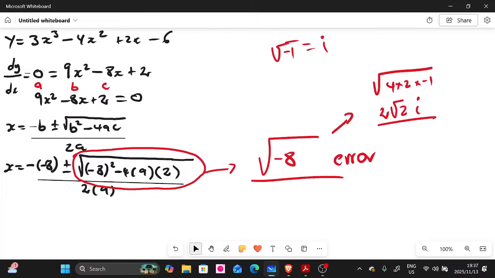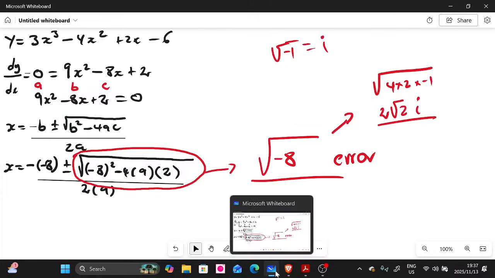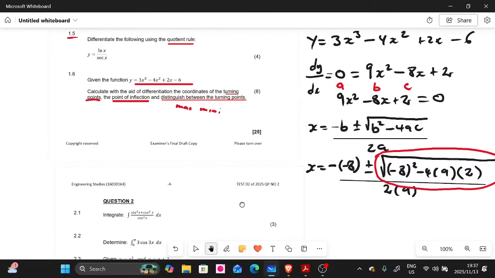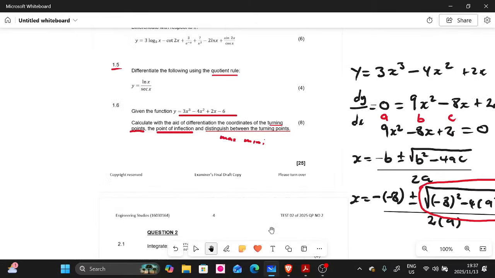Unfortunately, guys, we have to stop here. This is question 2. I assume while you guys were writing this question paper, they did compensate you this 8 marks because it was an error. I think somehow there's a mistake that they made there. I think the coefficient of x cubed, maybe it was supposed to be 2. I'm sure it was supposed to be 2, right? But anyway, people, I hope you understood the other questions. 1.6, we leave it. Maybe I will try to come with a question that is not an error. I will take one from the previous question paper when we continue tomorrow with question 2.